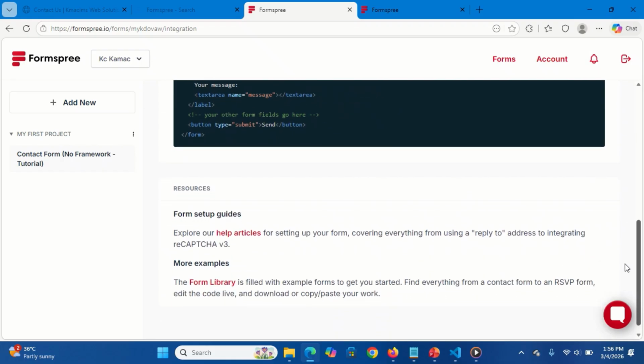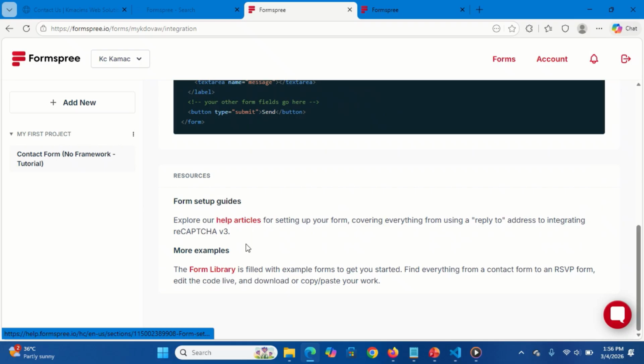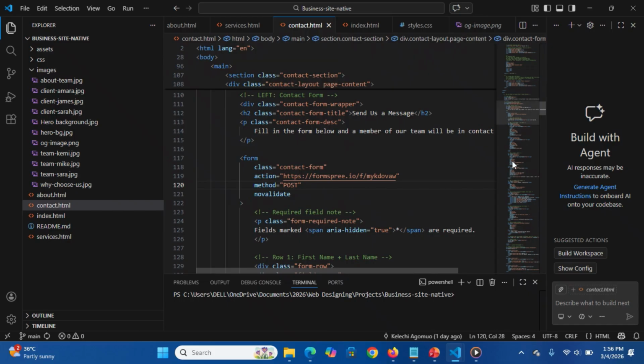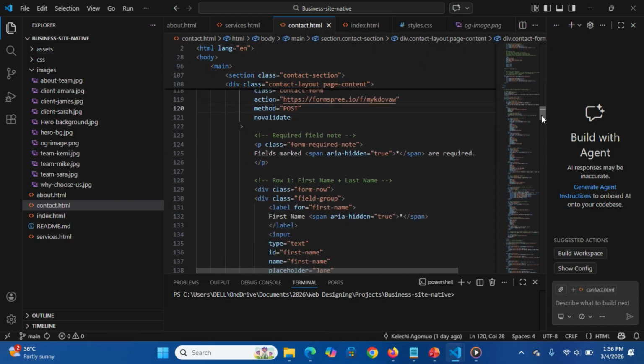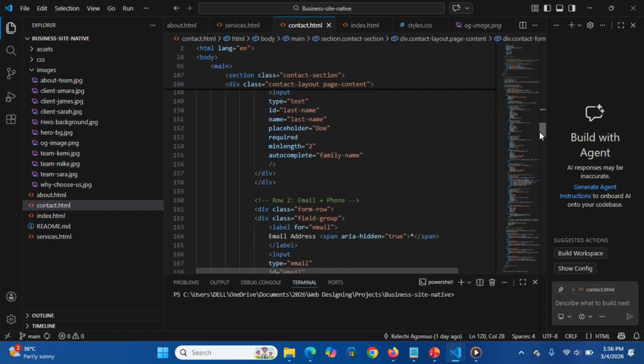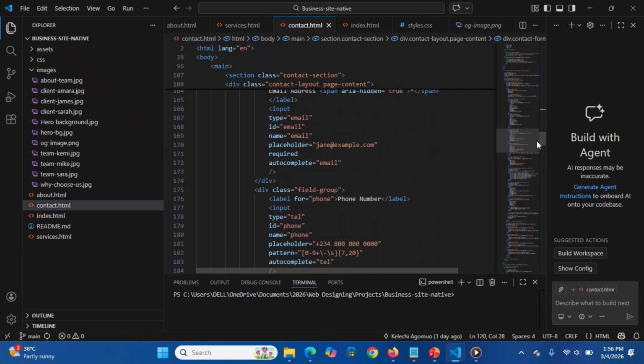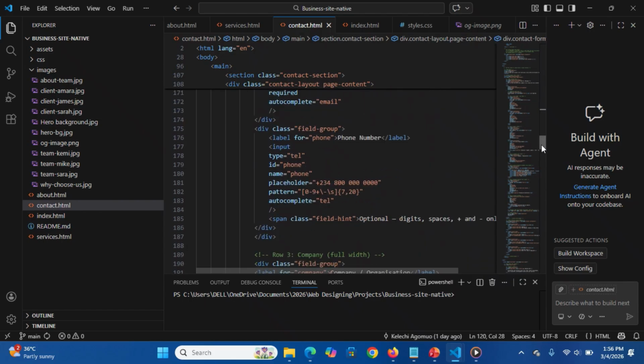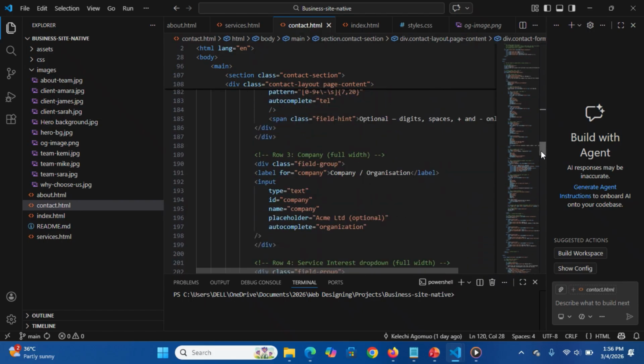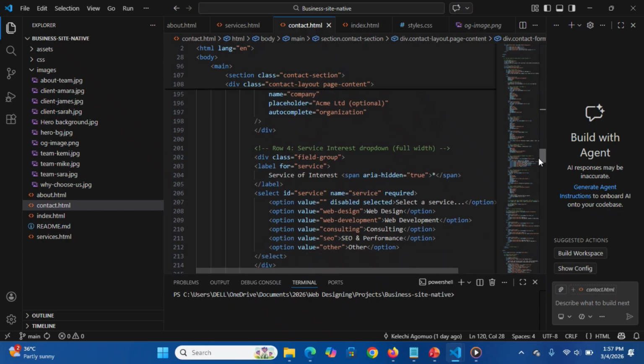5. To redirect users after submission, add a hidden input. Input type equals hidden, name equals _next, value equals https://yoursite.com/thankyou.html. When a user clicks send message and the form passes HTML5 validation, the browser serializes all the field values,